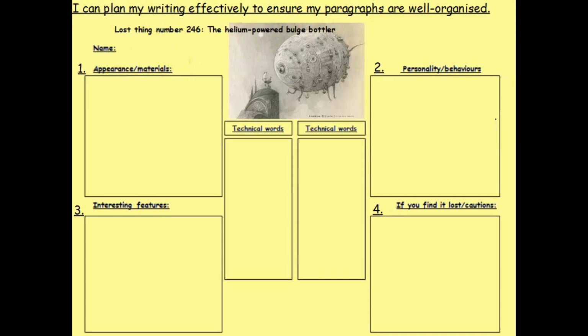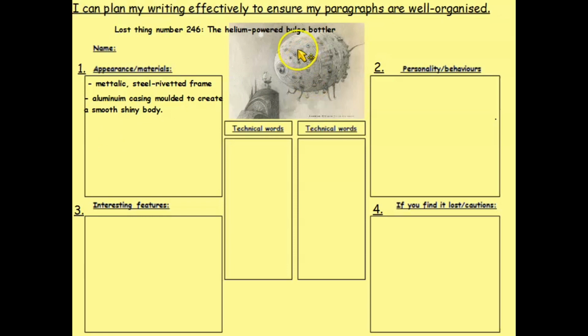So off we go then with the appearance and materials. The first thing that I wanted to mention was what it was made out of. So thinking about the technical words that I'm going to use here as well, this is a metallic creature, it's completely made of metal and it's got a steel riveted frame. Now those 2 words, steel and riveted, both describe the frame, so they become a compound adjective. So I'm actually just going to edit into my writing here, and I'm going to put a hyphen between the words steel and riveted to make it clear that those are the adjectives that both describe the frame of my beast. Next, it's got aluminium casing moulded to create a smooth, shiny body,